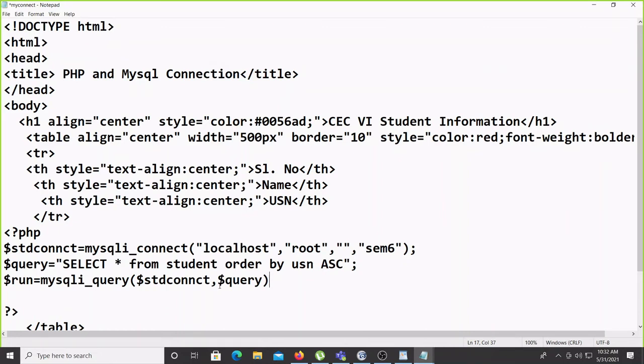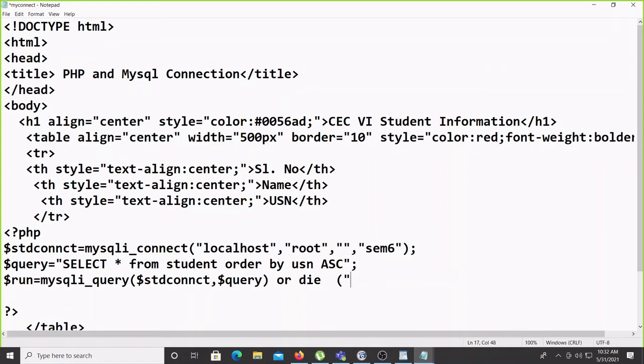Suppose any problem happens in the connection string or the query string, we can check that with the help of the die method. How to write it? Very funny one, die. If this is not working, the person is feeling very sad, some problem is there, so that is called die. What do we write in the die?